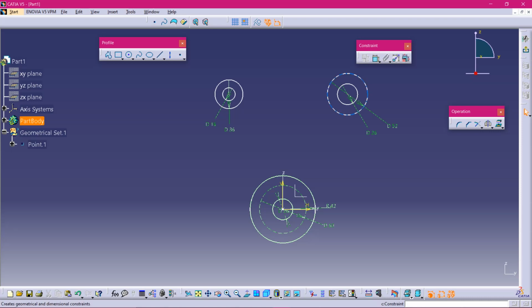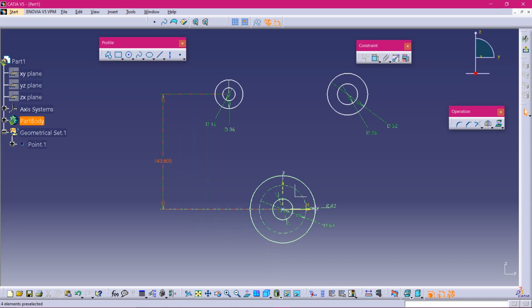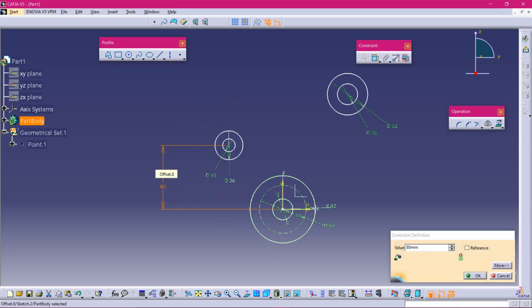Okay, now I am constraining this. The distance between this point and this center of the circle is 80 mm. Right click and then vertical measure distance. How much was that? 80.